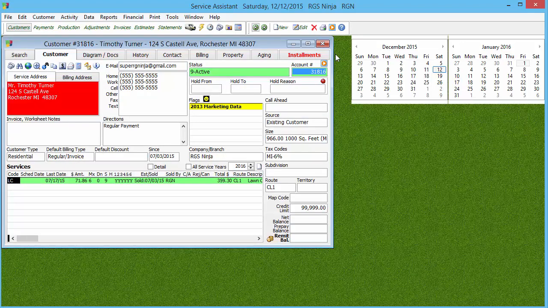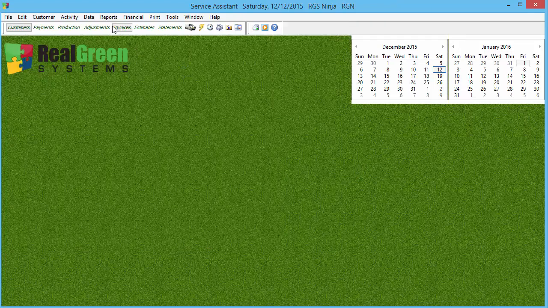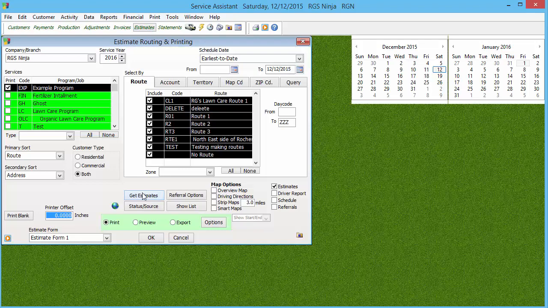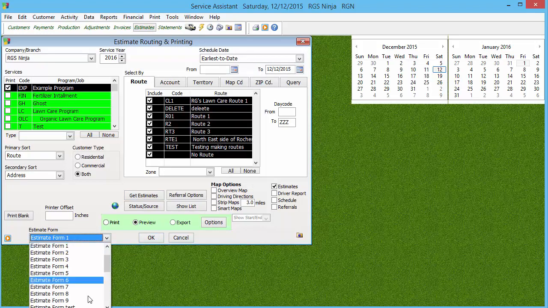Another thing I want to talk about is estimates. When I first started working here, I always considered an estimate to be when that heating and cooling guy came out to my house and said, hey, it's going to be $2,000 to fix your furnace. Now, when Real Green talks about estimates, they're talking more about information gathering sheets. It's not saying that you can't have lines where you can write pricing information into it, but it's actually meant more for gathering information to bring back to the office, to put into the system, and then turn around and generate a proposal. And the proposal would be the thing that the system generates for your customer with the pricing. And I wonder if, yeah, I think I have one in there.